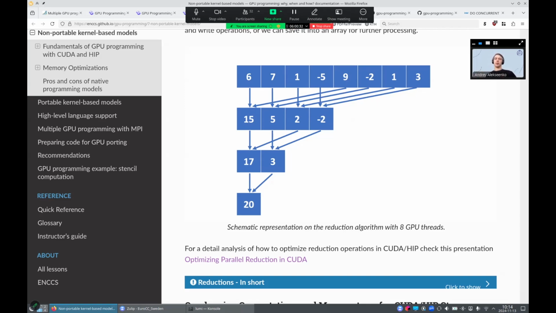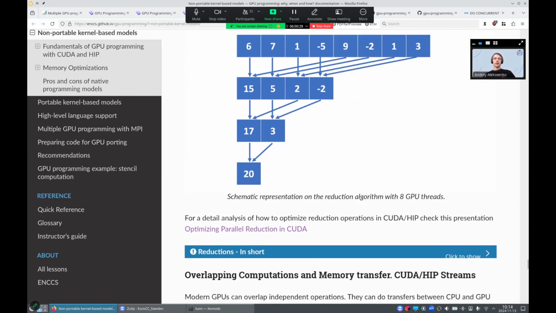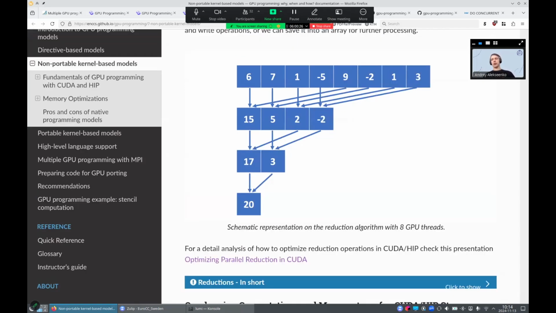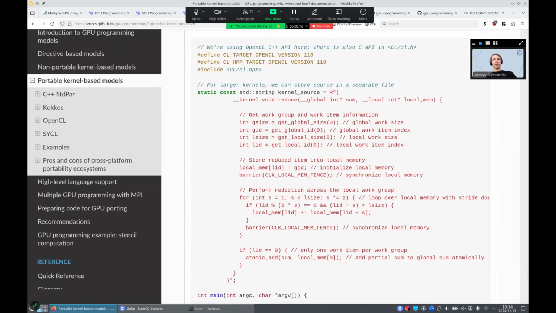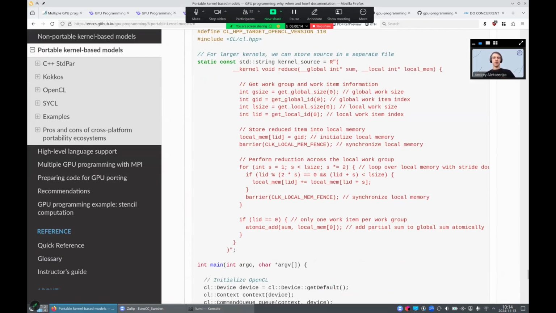And for floating point, it can change the result, but such is life, and usually reordering of floating point operations is unavoidable in parallel algorithms, so we have to just deal with it. And here is an OpenCL kernel that does